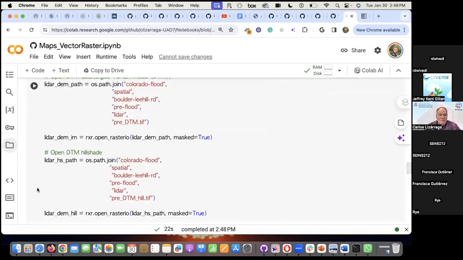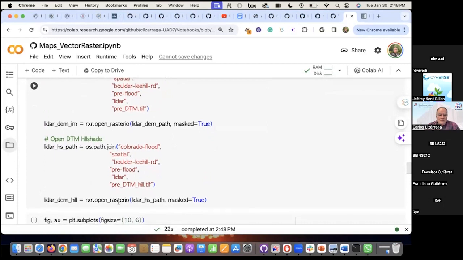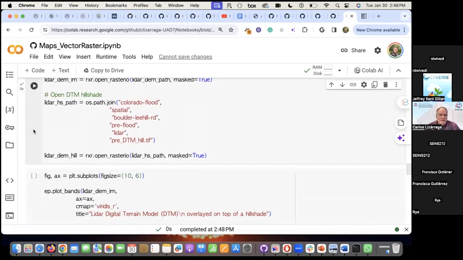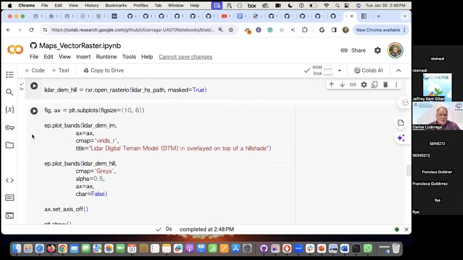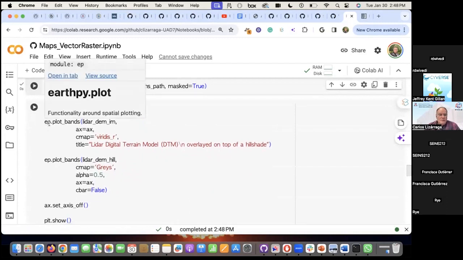And I'm opening the hillshade. And I'm going to open the raster. I'm just reading files, raster files,